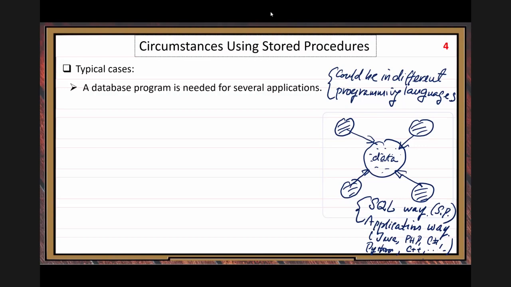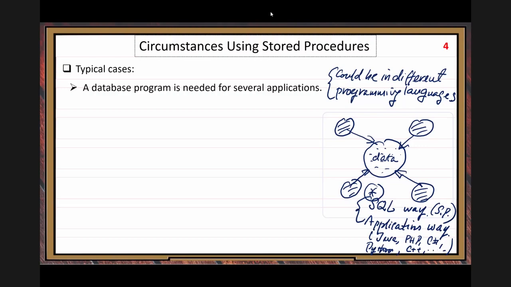For that situation, SQL way has its advantages. Because with the SQL way, you only need to implement once in your data server. Only once. Then all other programming languages just call the same SQL procedure to get a service.